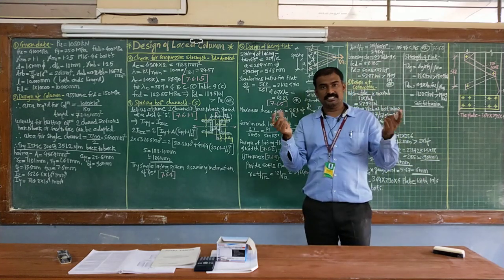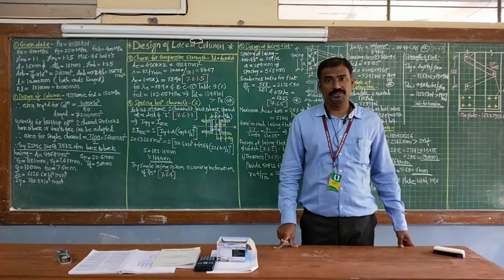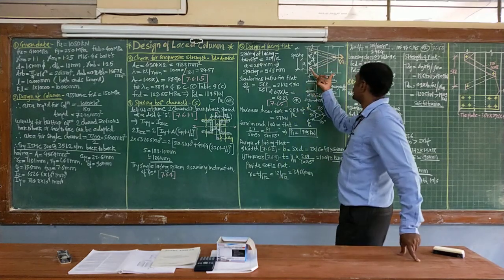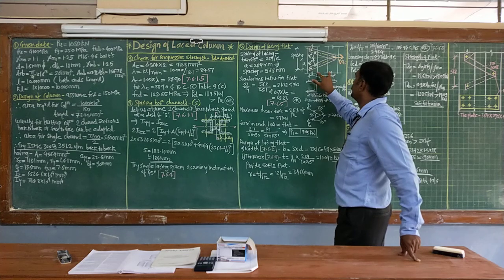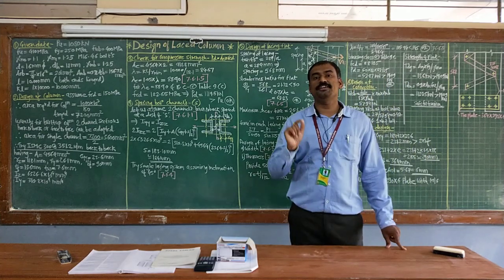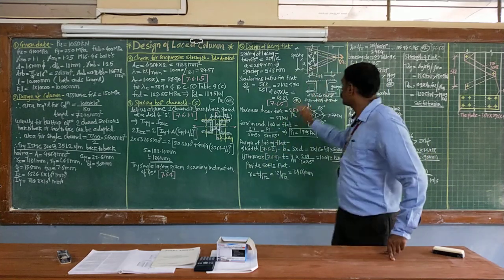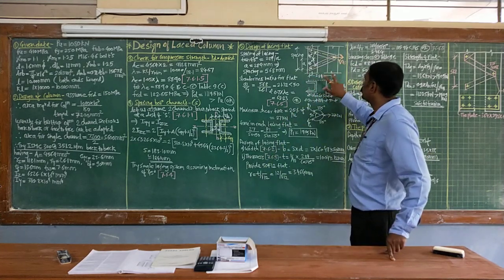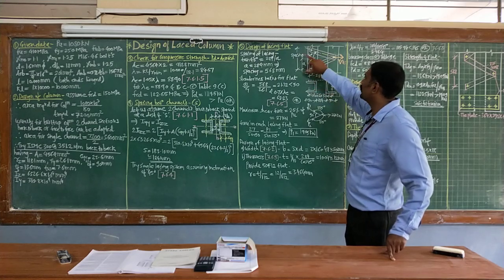On either side, the gauge distance will be equal to 50 mm. So the entire horizontal distance we are getting is 184, that is the spacing, plus 50 from this side and again 50 from this side. So the total figure is 284 mm. Correct? So this horizontal sloping distance is equal to 284. Using this you need to calculate this one.